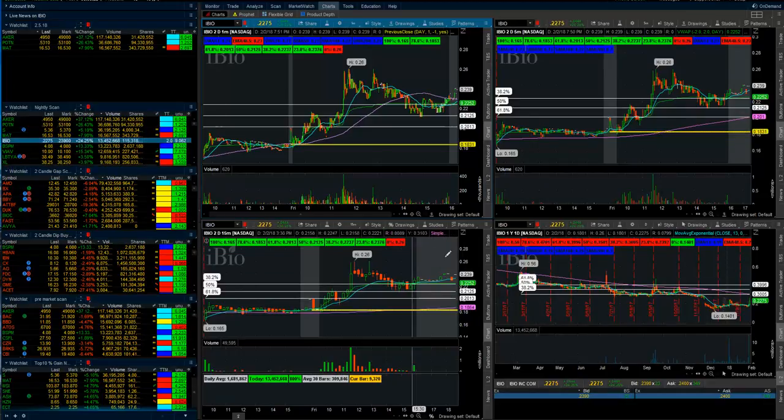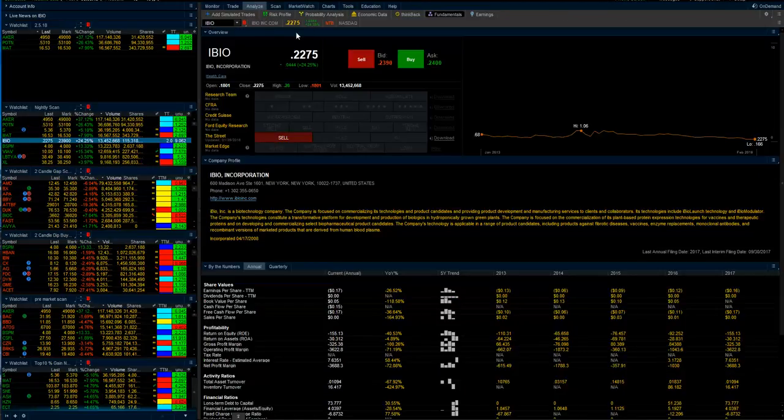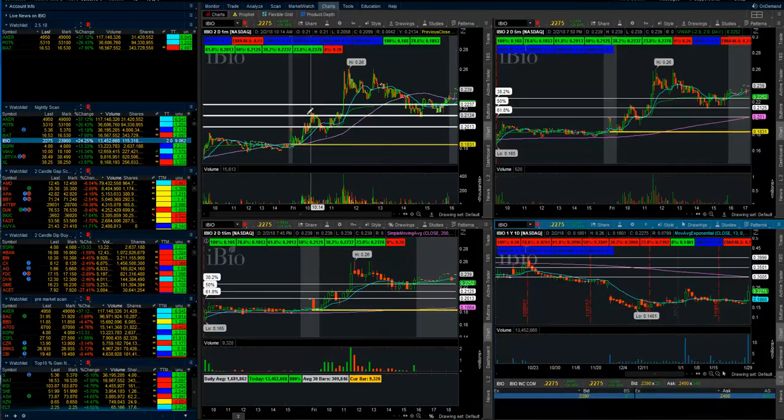IBIO. Now this is another shitty company that has a gap to fill above at 24. I actually filled the gap, which is interesting. Now look what happens. It's had 2 green days. It's getting some volume, 3 million Thursday, 13 million. Now I don't know what the fundamentals are, what's going on. It's a biotech company. I don't think this is gonna do anything. It's very choppy, but